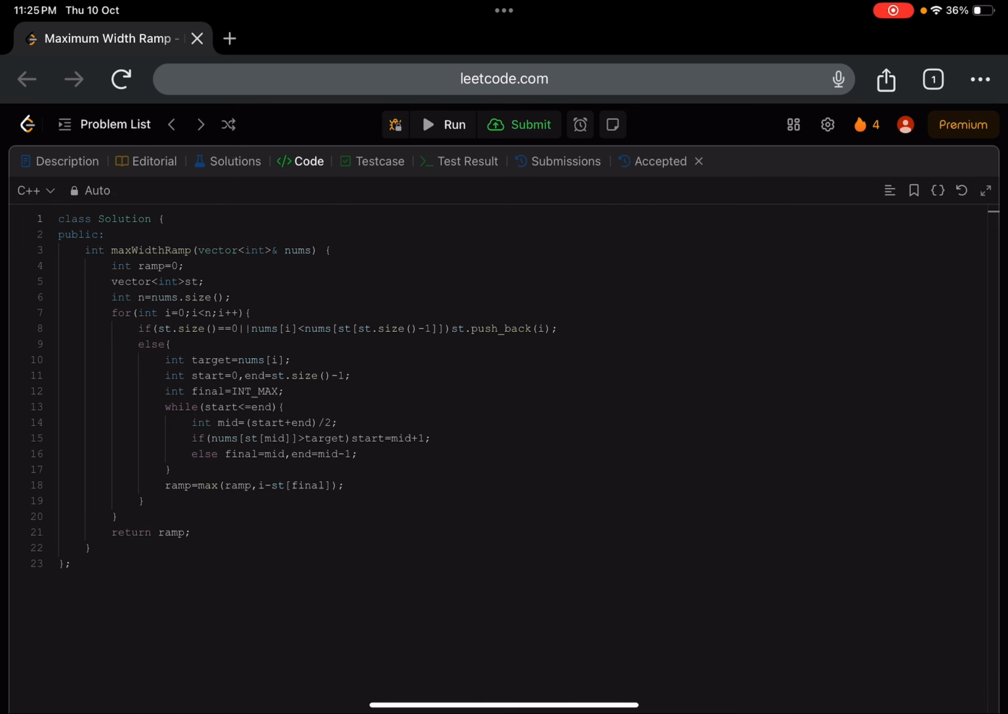Now here we are taking the ramp. After taking the ramp, we start the for loop. In the for loop we are checking whether our size is 0 or not, and whether the current element value is smaller than the top element of our list. If the top element of our list is greater,